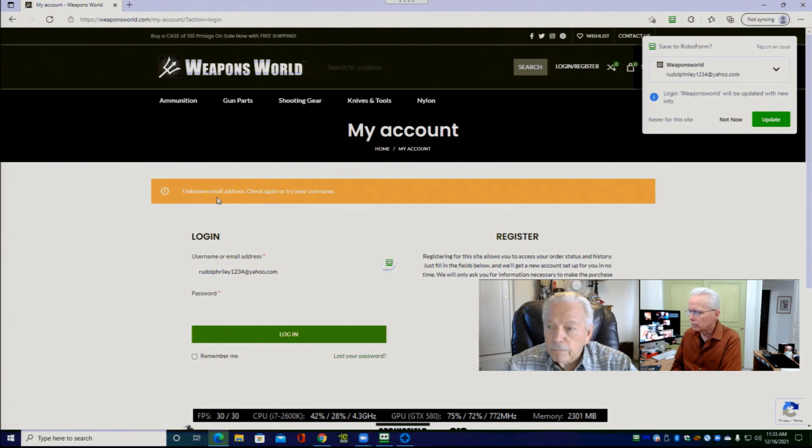We still have here, it says unknown email address. So they don't have your email address registered with them. Now, it's quite possible that you simply don't have an account with them. Probably not, unless it was that 1934, and I may or may not have put in Tailwind 1. As part of the username, you mean?